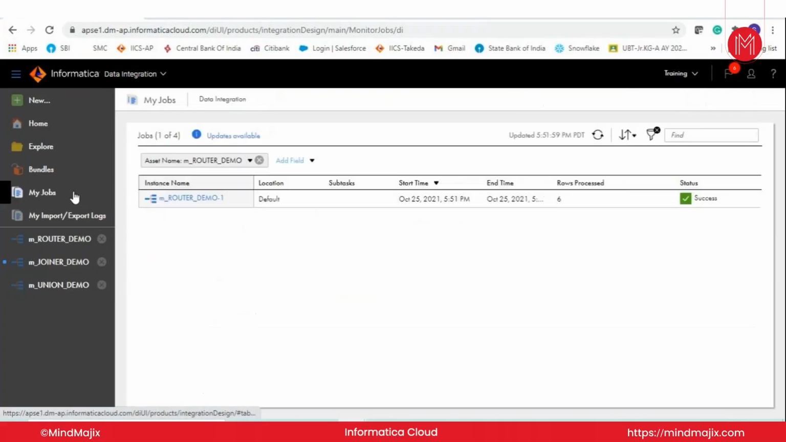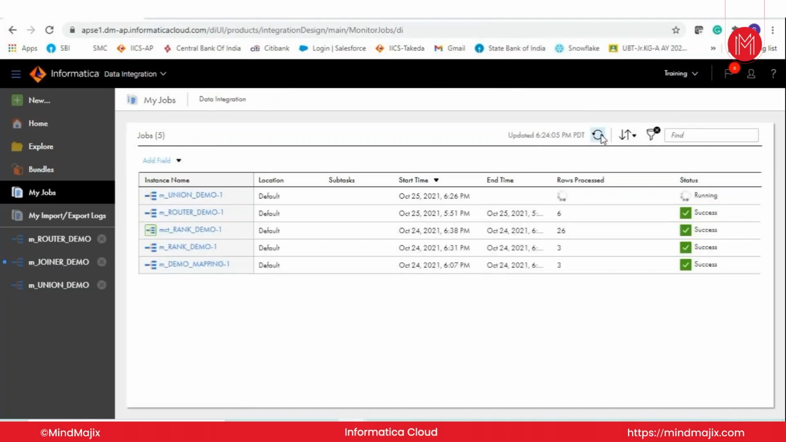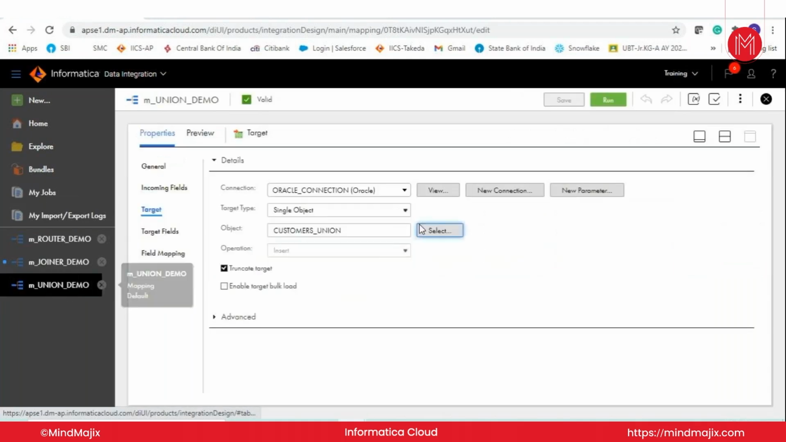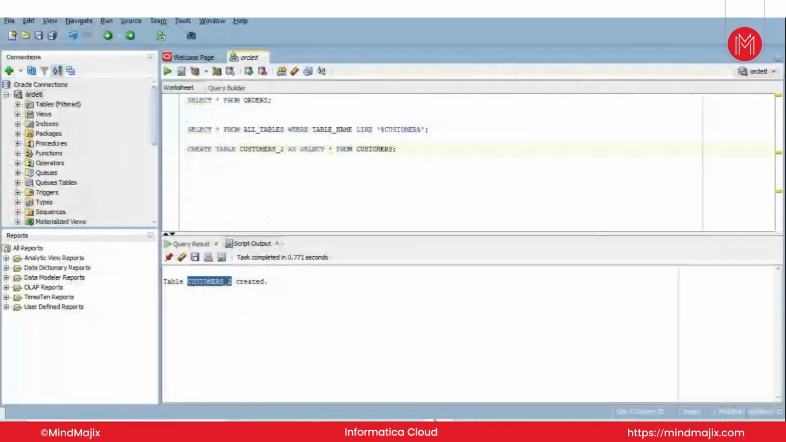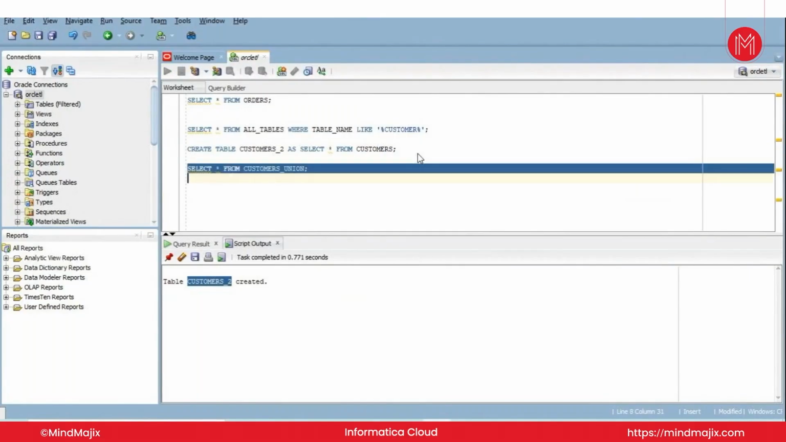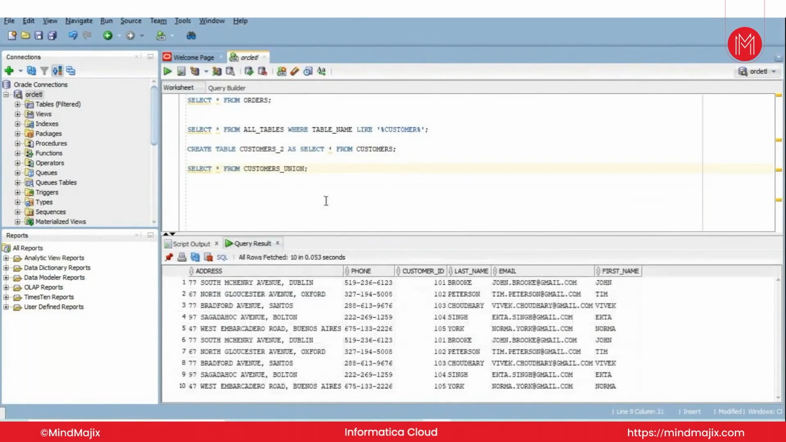I'll go to my jobs. Okay, I'll remove this filter. Okay, so data is populated, and then let me query the table which has been created on the fly. So if you see, I'll just say